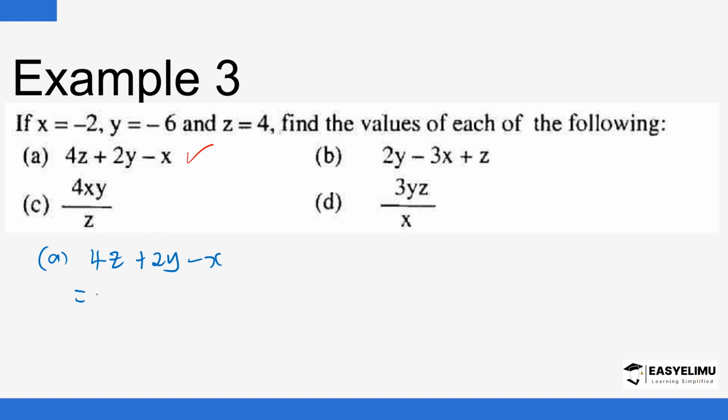So the first thing you do is to substitute the letters for the given numbers. So I have 4. I'll substitute z for 4. And then I have 2. I'll substitute y for negative 6. And then minus x, but x is -2. So again, the BODMAS rule,